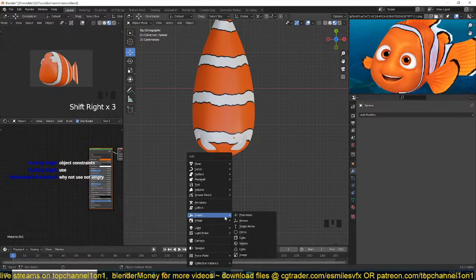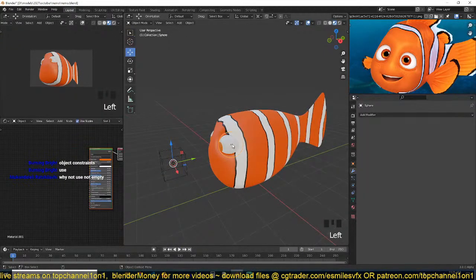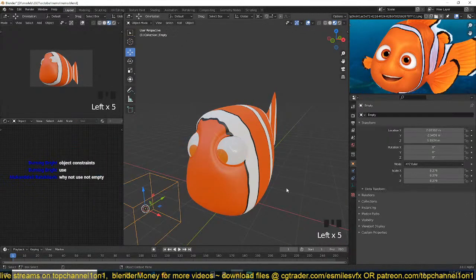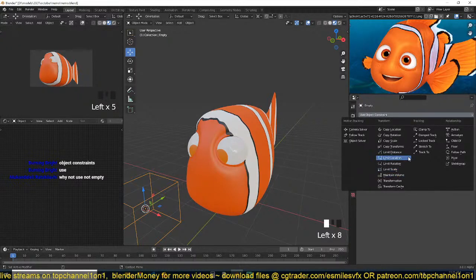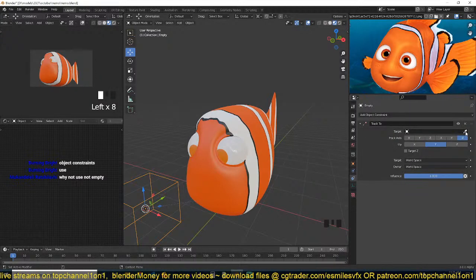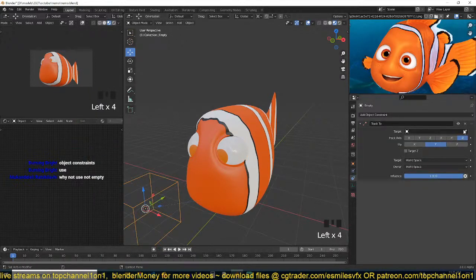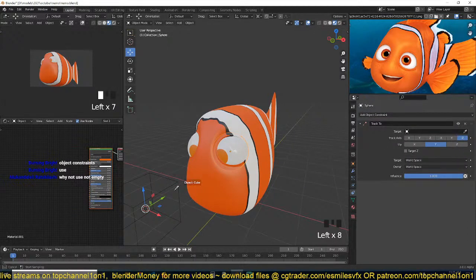Object constraints. Yeah, that's what I'm thinking of as well. But I'm also debating because I will need to rig this character. So adding separate constraints to the eye might, we might have to change this. So we're going to need a Track To for this, not for the empty, but for the eye. Track To constraint, and select